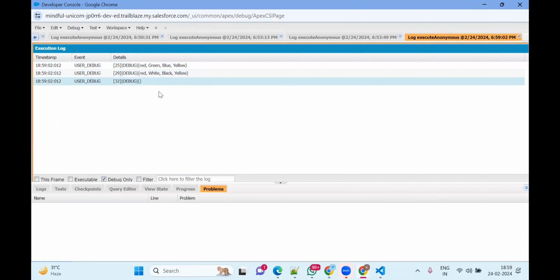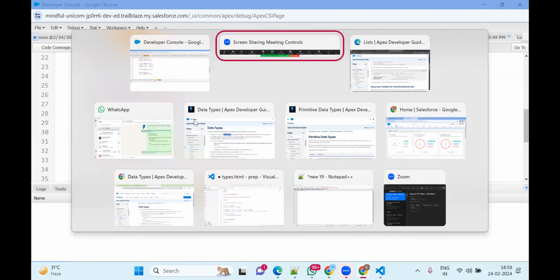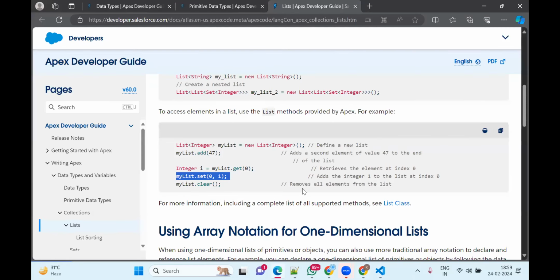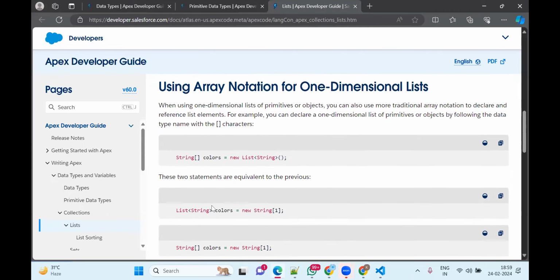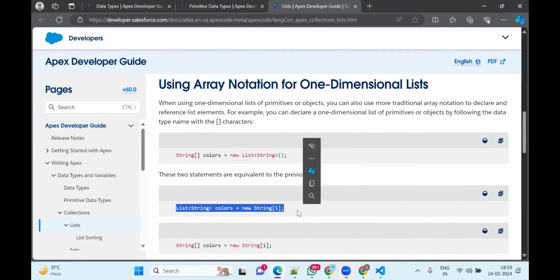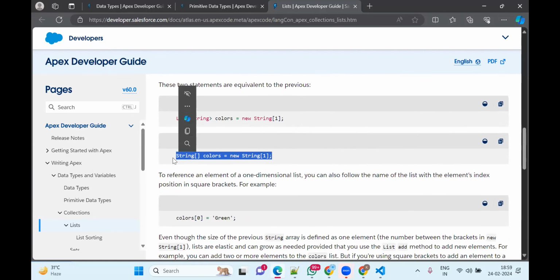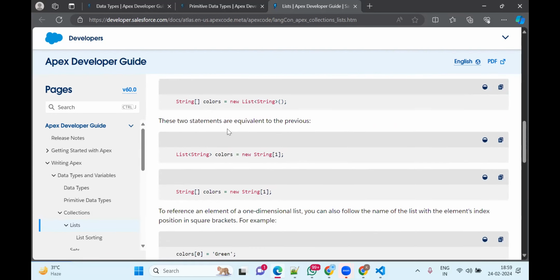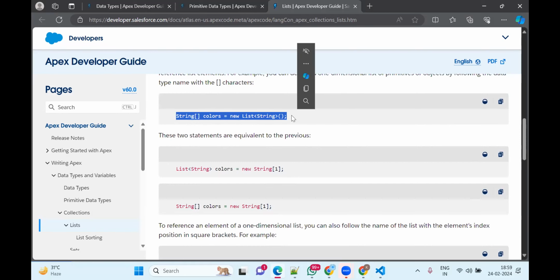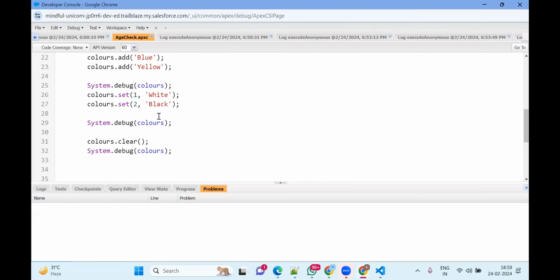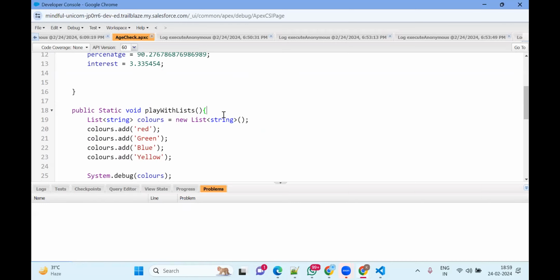Is this clear? The basics of list? You have to practice a lot. So we can create the list like this. I have created a list of strings, or like this, or like this. In any way you can write the list. If you want to create a list of strings, it's very easy, again simple. Instead of writing all this, you can write